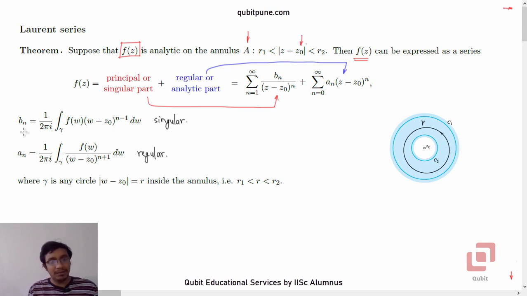Okay, now let us read out them. bn is defined as 1 upon 2 pi i times the integral of f of omega into omega minus z naught to the power n minus 1 d omega. So here omega is the variable of integration,